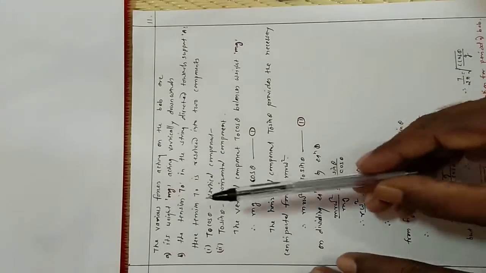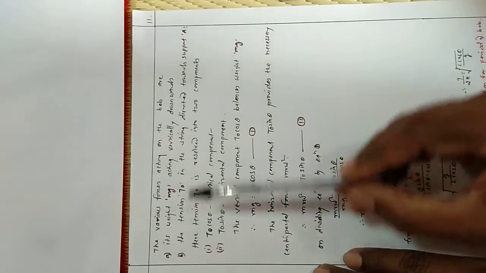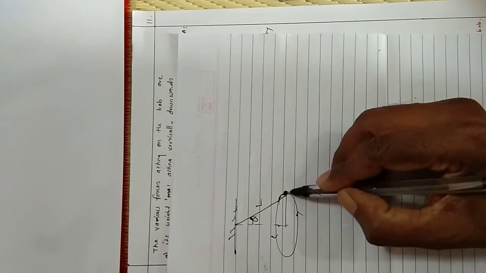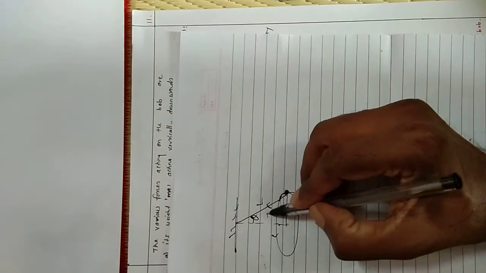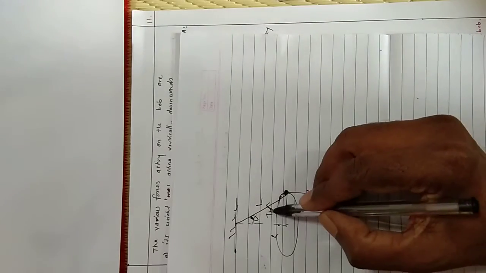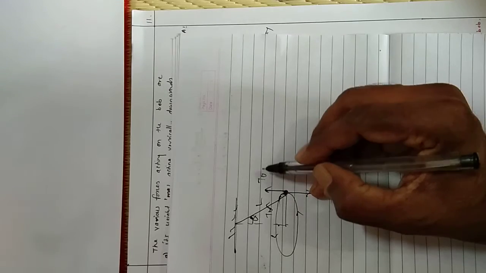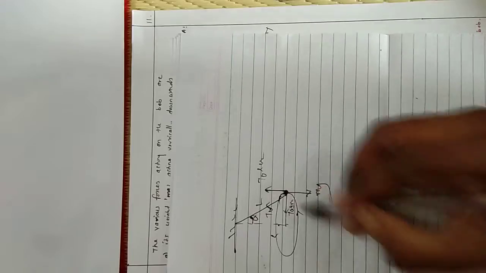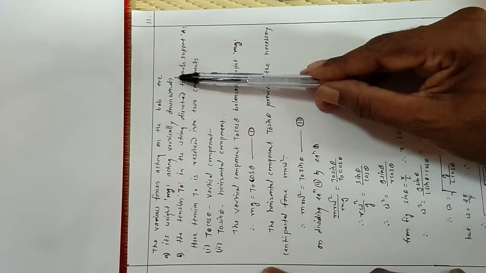Now in the mathematical part, the various forces acting on the bob are the different types of forces. First of all, it's a weight mg acting vertically downward. Once again look at the figure. This is the bob. The weight mg of this bob is acting vertically downward and the tension T0 in the string. That tension T0 is resolved into two components. First, the vertical component, that is T0 cos theta, and the horizontal component, that is T0 sin theta. So here it is given, a weight mg acting vertically downward.